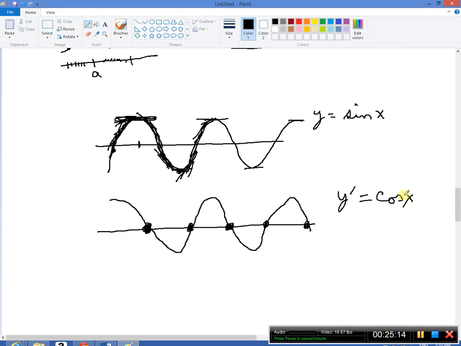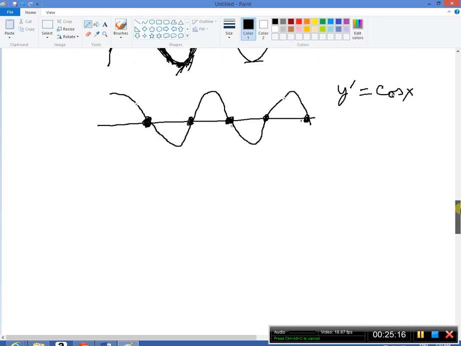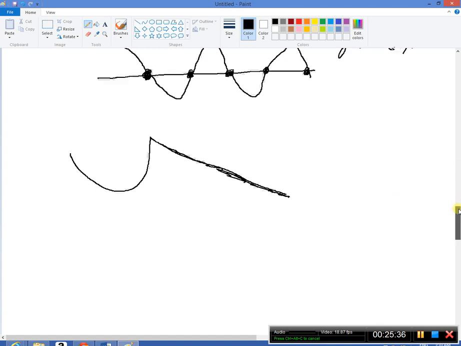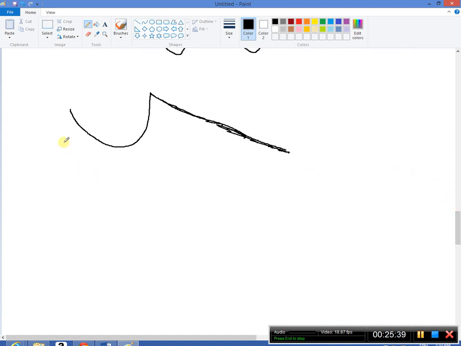Okay, so let's look at one more example where you might have a picture that might look something like this. And I meant for this to be perfectly straight. Okay, no curves, no curvature to it at all. So just pretend that that's straight. So how would we draw the graph of the derivative of that? Well, if we start at this point, what would the tangents be? They would be negative, slope going down. So here, well, excuse me,